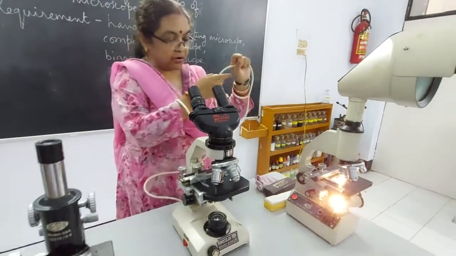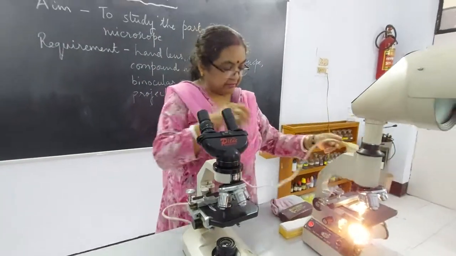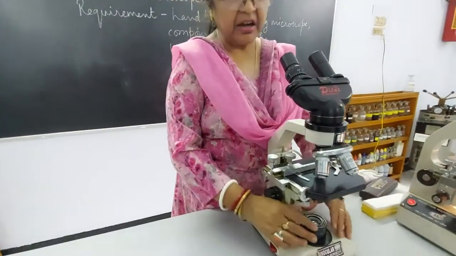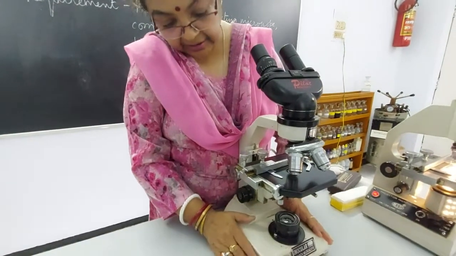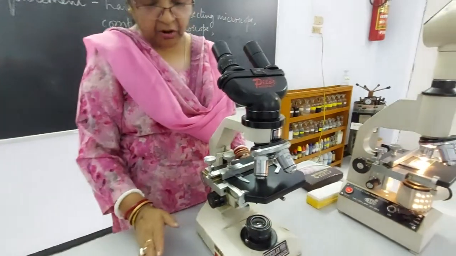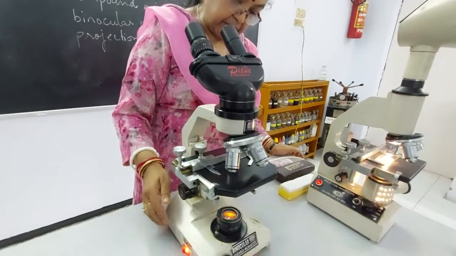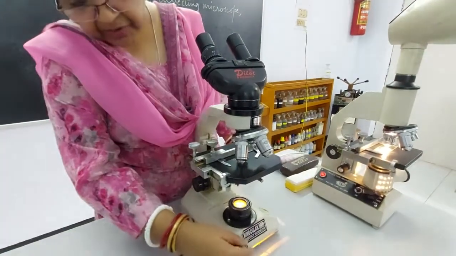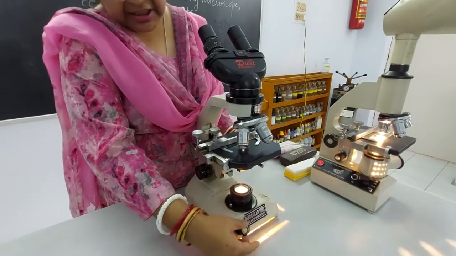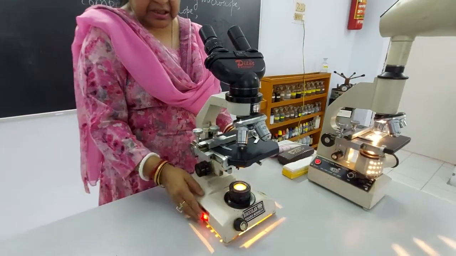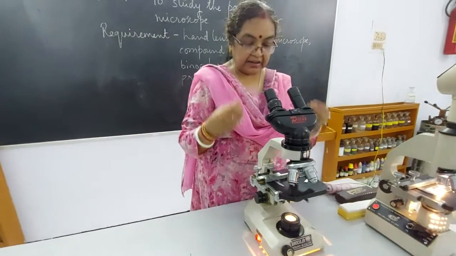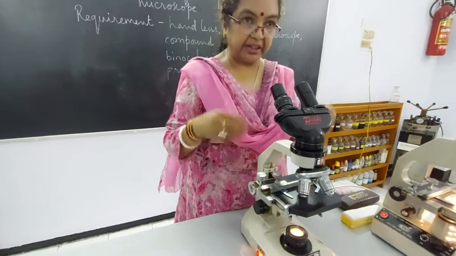This has its own inbuilt light, and we can connect it. Inside there is the light housing arrangement, and the light is already there. We just have to put it on, and you can observe, see the light has come. We can increase and decrease the intensity of the light by using this screw over here. There is an on-off switch also, and now we don't have to depend upon natural light, and we can use this microscope any time of the day or night.